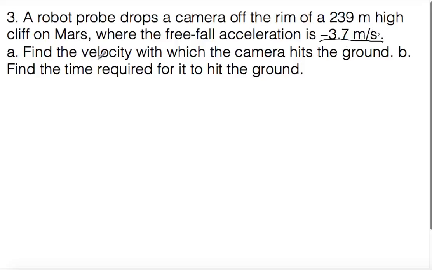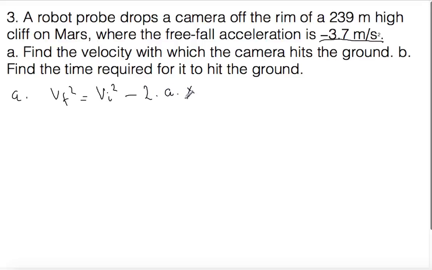Now, find the velocity at which the camera hits the ground. As you remember, final velocity squared equals initial velocity squared minus, because it moves down, working against the acceleration,